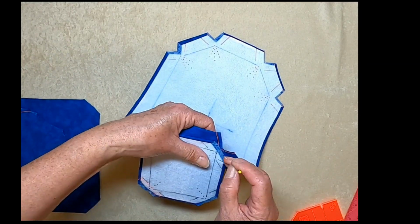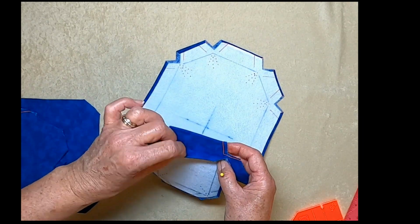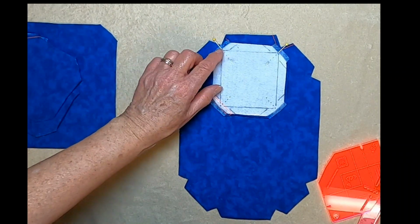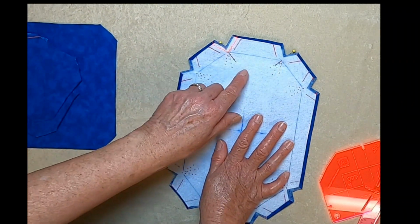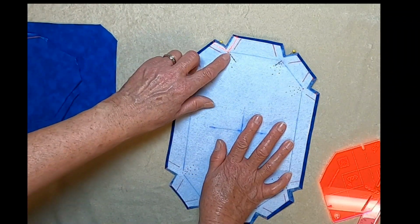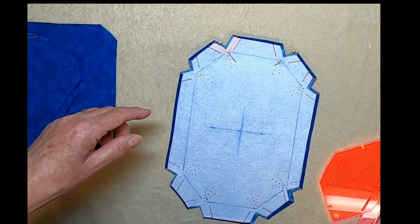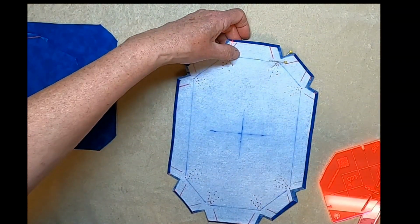I'm going to pin them real quick so you can see what that's like, to enable me to sew this seam and have a great looking outcome. Here you can see that I've matched up these centering guides of the square with the centering guides of the octagon. Remember, these outside centering guides are guides used to establish where the square should be joined to the octagon. Now, once I've done that, I'll be able to join these pieces and have their sashes stay the consistent depth